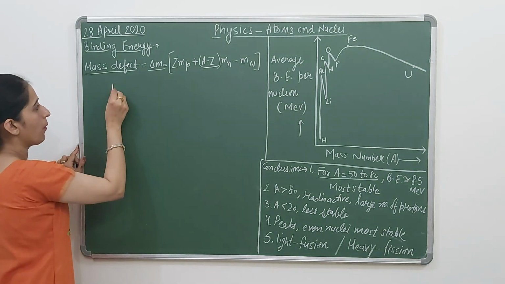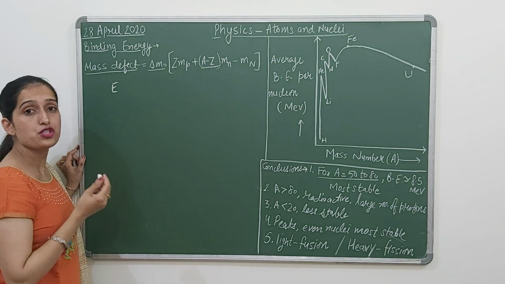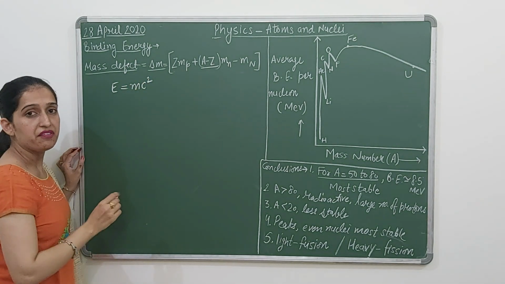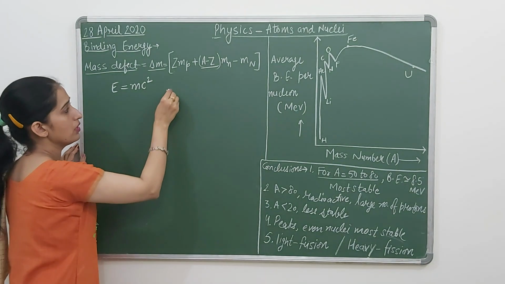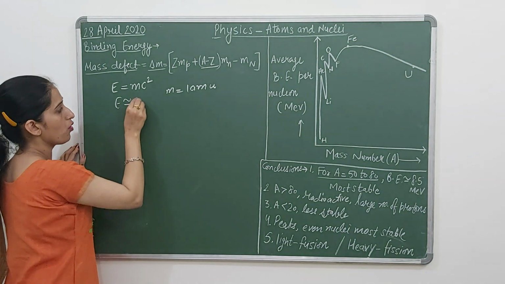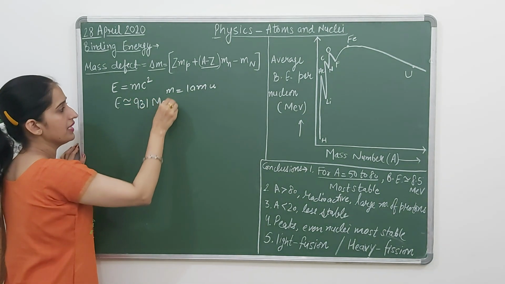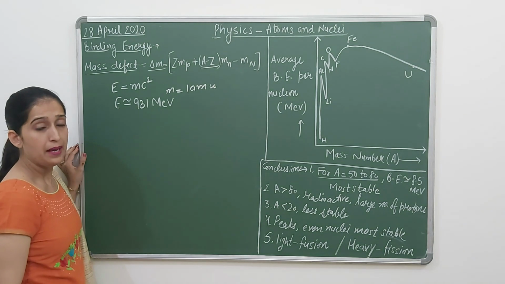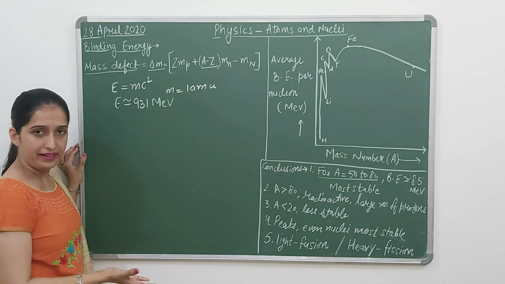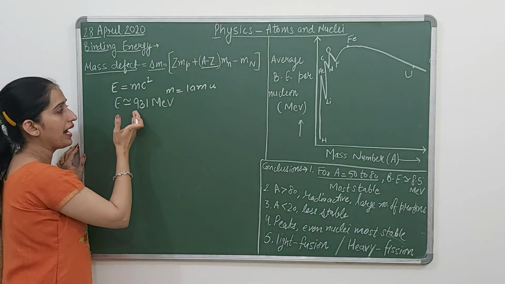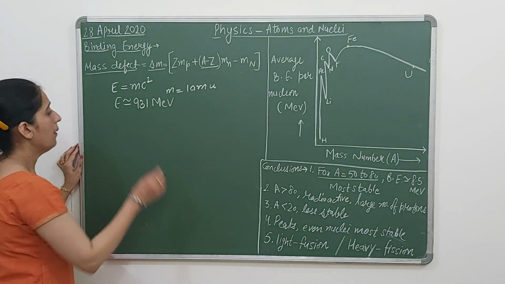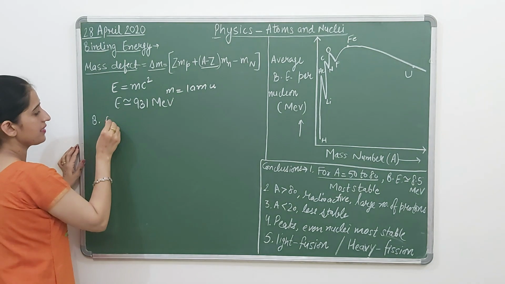We have done the topic energy equivalent to mass, which was given by this equation, where we put mass equal to 1 AMU. Then we get energy approximately 931 mega electron volt. This means if one atomic mass unit of mass disappears, it is converted into 931 mega electron volt. So the binding energy formula is given by